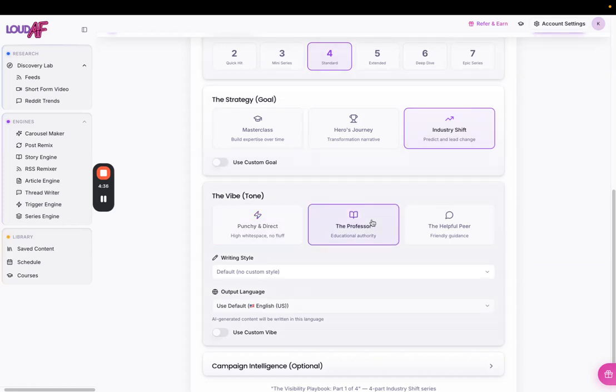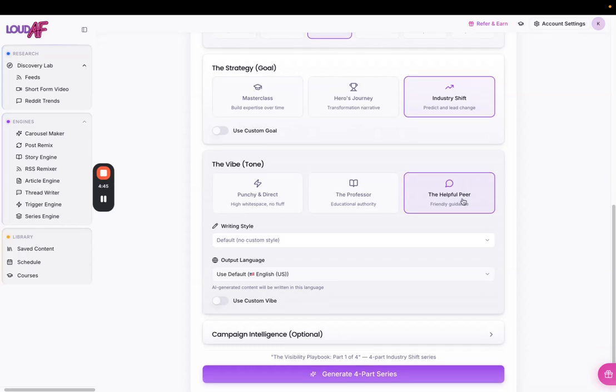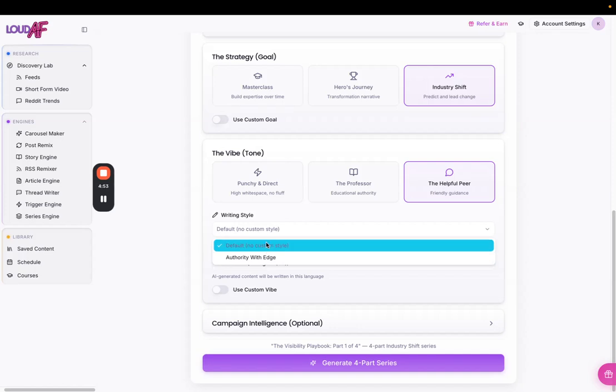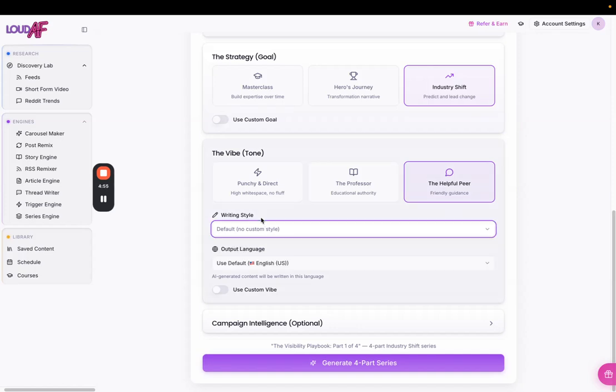It can be the professor, an educational authority. It can be the helpful peer, so basically it's like you're talking to a friend, so it provides friendly guidelines. And if you already have added a writing style, you should see that in here on the drop down, and you can select it right from there.